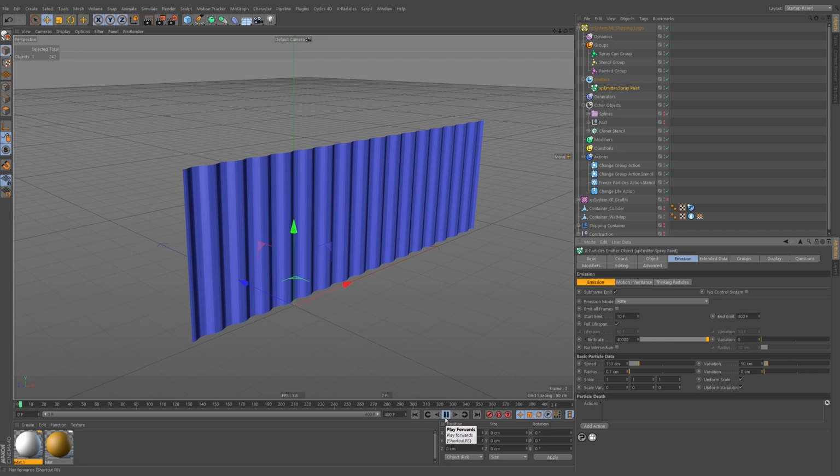That might also explain why that corner gets so densely packed, densely covered. There we go. I just want to make sure that it starts moving at the same time as it starts emitting. Awesome. All right, so let's